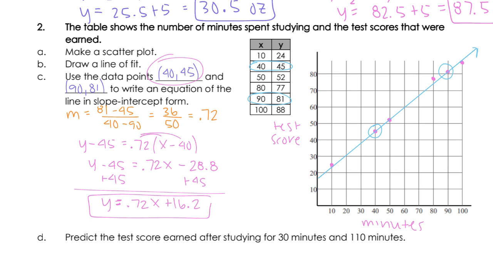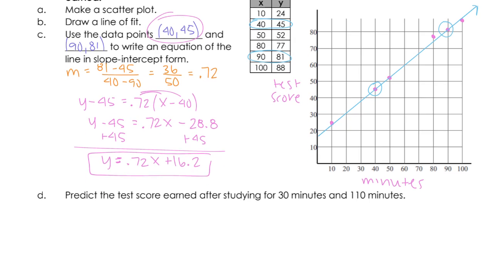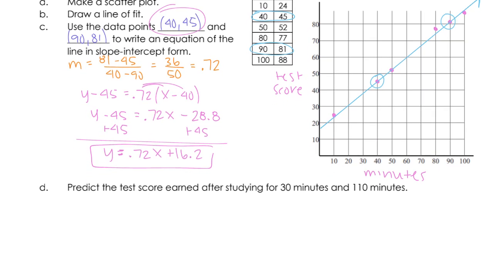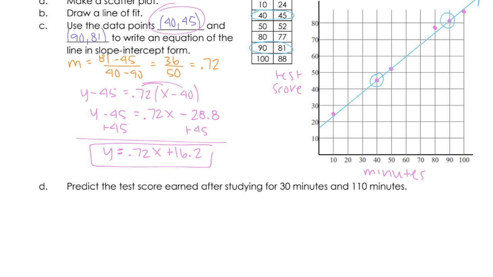So now that we have our equation, we can go ahead and predict the test score earned after studying for 30 minutes and 110 minutes. Now, something I would like to point out, if you are looking at 30 minutes, I can look at the graph and actually find where it crosses on the line of fit. So this point right here, I don't actually have to do any work at all. I can go ahead and predict the test score earned after 30 minutes of studying by just looking at the graph. So I'm going to make a note here, look at line of fit. And I'm going to say that that is approximately, we'll go with 38. So a test score,